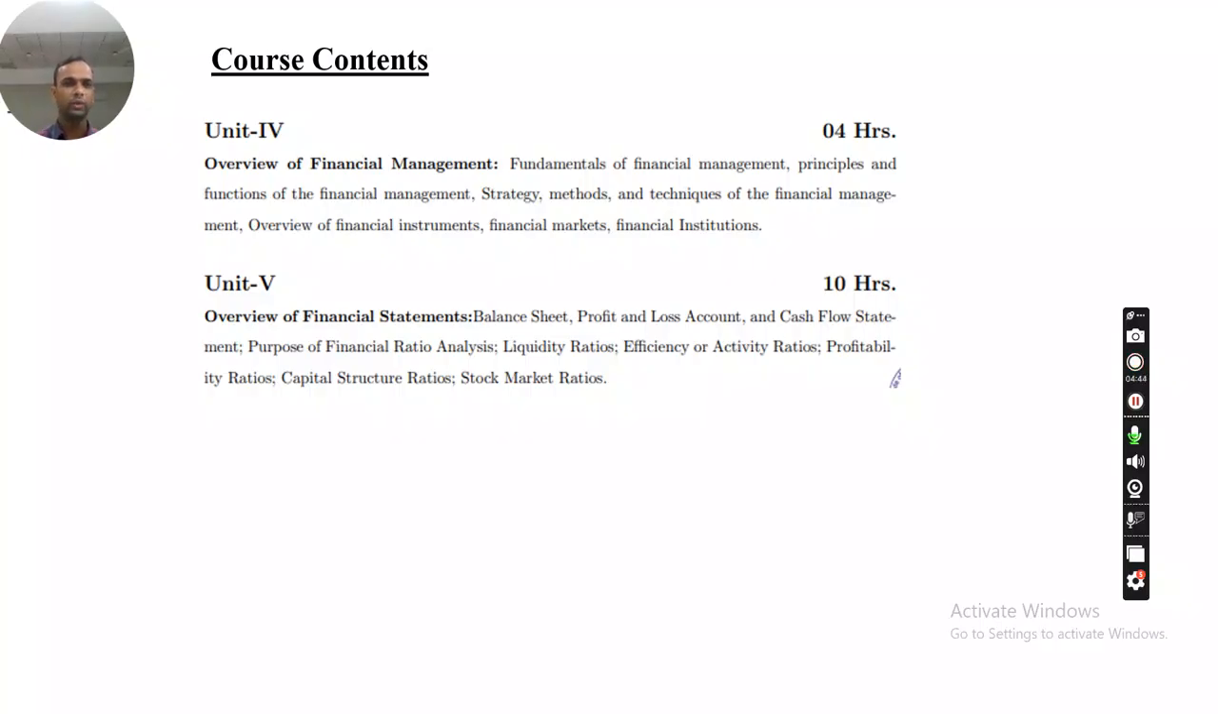And the last unit covers the overview of financial statements like the balance sheet, profit and loss account and cash flow statement, the purpose of financial ratio analysis, liquidity ratios, efficiency or activity ratios, then profitability ratios, and lastly capital structure ratios and the